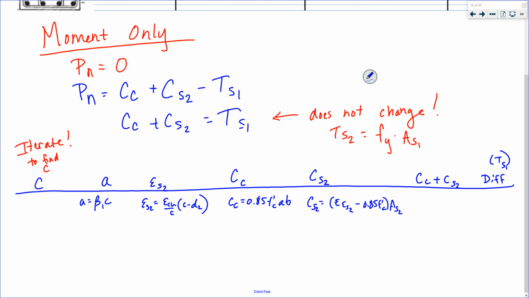So I'm just going to fill this out. If I guess a C of 4 inches, I got an A of 3.4 inches, a strain in my steel of 0.0011,